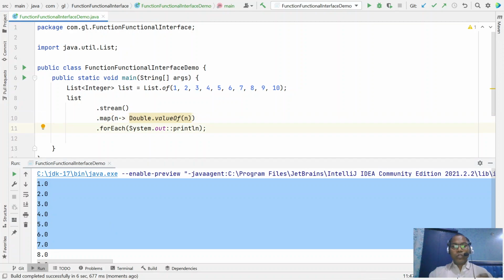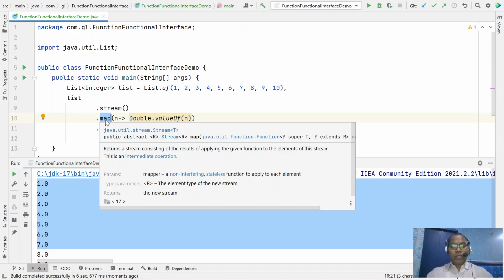So this is where we are using the functional interface. The map method expects you to pass a java.util.function functional interface that will take a T type argument and return an R type value.